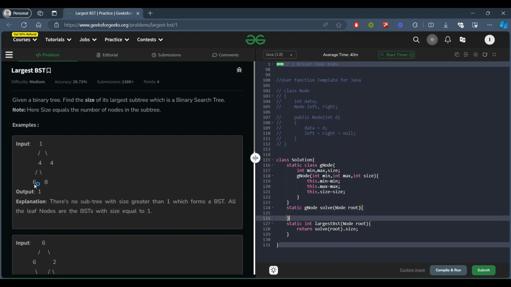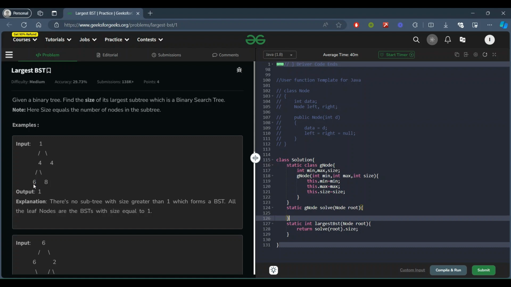Whenever we get a null node, like 6 here, which is present as a leaf node, so it will have its left as null and its right as null. Whenever we get a null node, we will make sure that it returns the minimum value as max and the maximum value as min, such that later on we can minimize the minimum value.